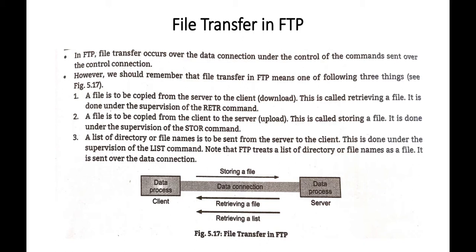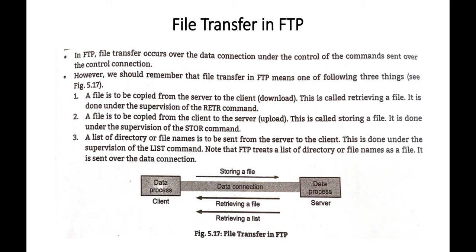The File Transfer Protocol uses the services of TCP. It means that here also we establish a connection before transmitting the data, just like TCP. In TCP, first of all we establish a connection between the client and server. After establishing the connection, it transfers the data, and after transmission of data is completed, the connection is terminated or closed properly. So here also we can say that it uses the services of TCP. It means before transmitting the data, we also establish a connection.